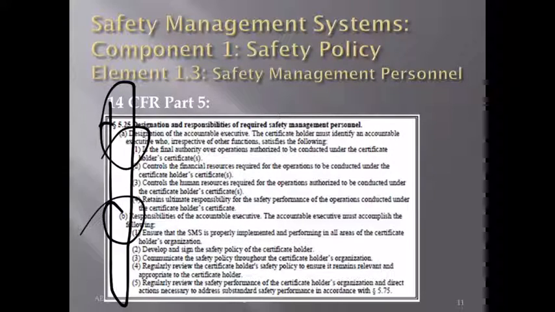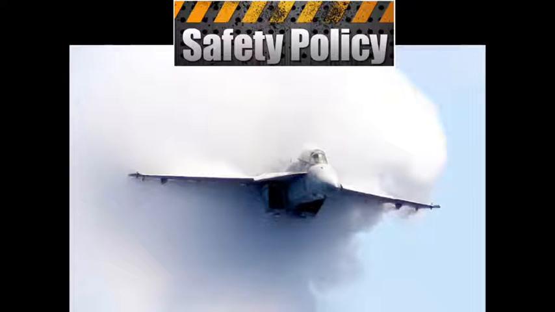So you see, safety policy is much more than a written statement hung on the wall to collect dust. You will gain much more insight through your reading assignments, and you will learn that safety policy is a living, active, and foundational instrument to a successful safety management system. When properly implemented, it can be a powerful conduit to enhance safety and SMS implementation.